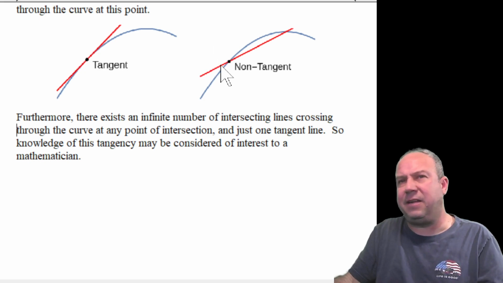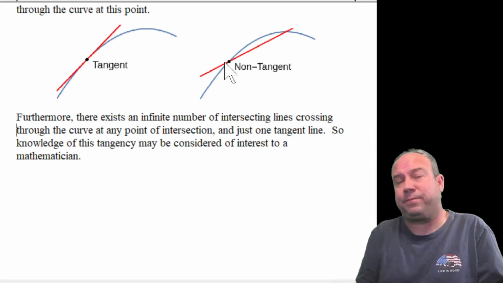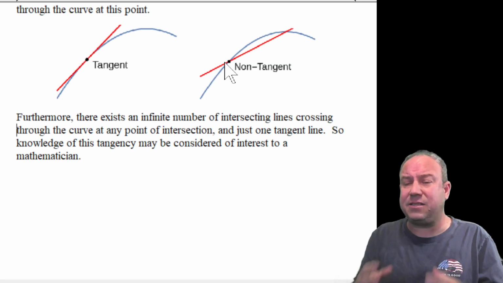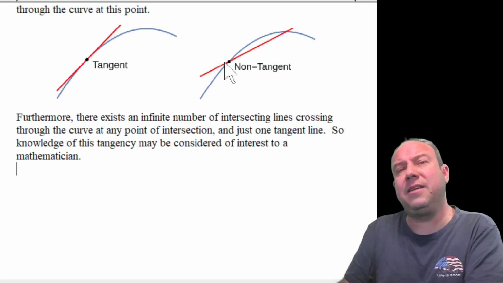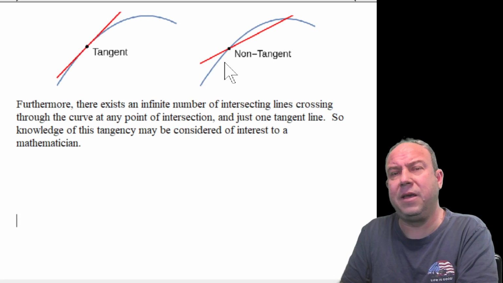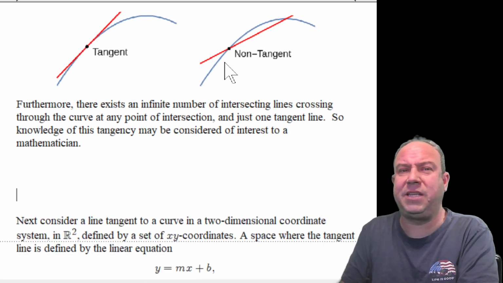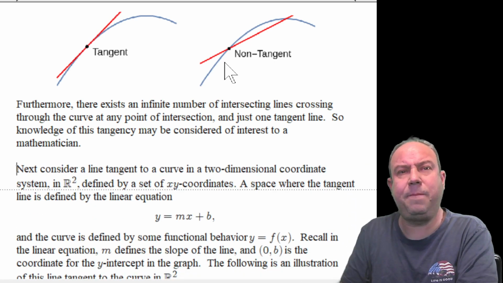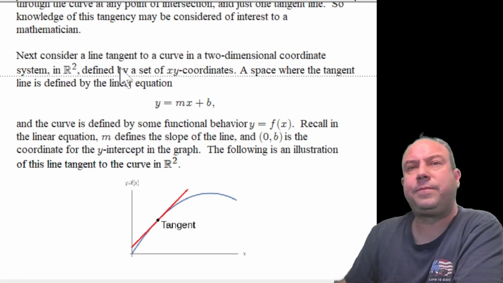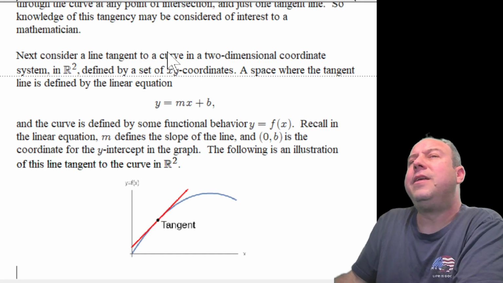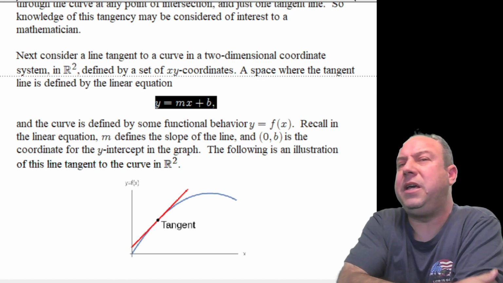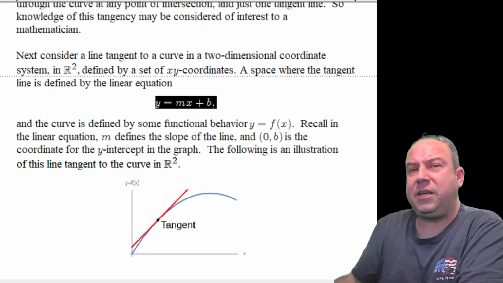We can define any infinite number of lines that are not tangent, but how do we go about defining the one tangent line, right? That's a question we're concerned with. And all we need is the slope and the point of tangency. The slope becomes the unknown factor, right? Now, to begin with, if we consider being in the xy coordinate space, right, the line tangent to the curve is going to be described by the equation y equals mx plus b, right? We can see here I've placed this